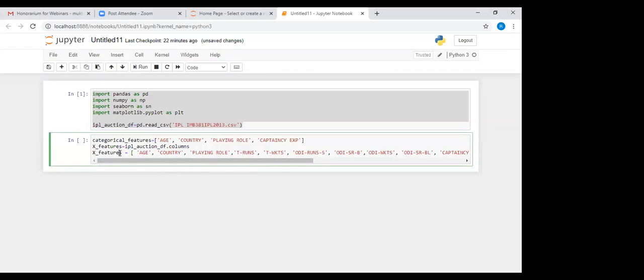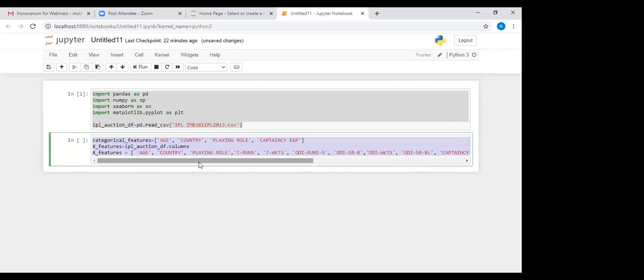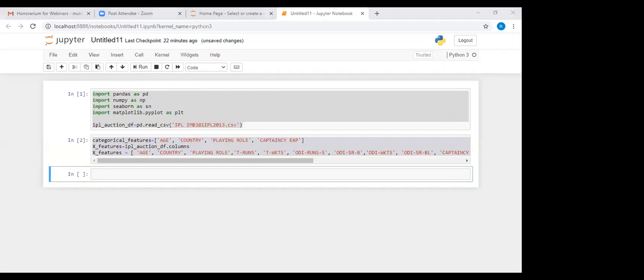Last time I hadn't taken this line, and we have defined the categorical features, and I have defined the X features. I have stored all the X parameters in the X features, all the columns of that file. So if you have a series of independent variables, you need to store them in the X features.